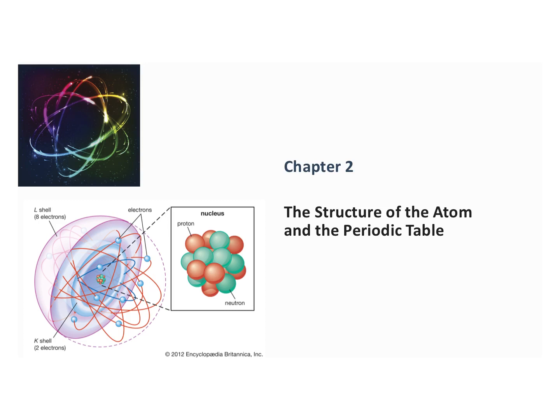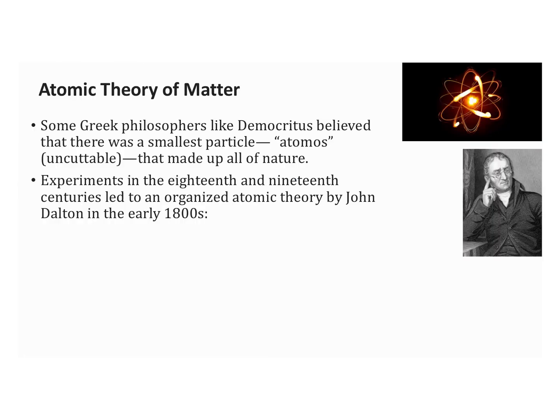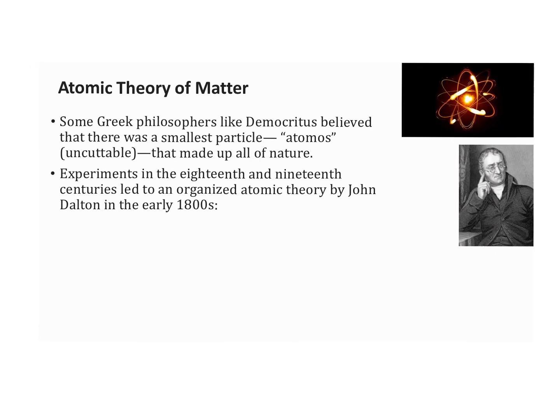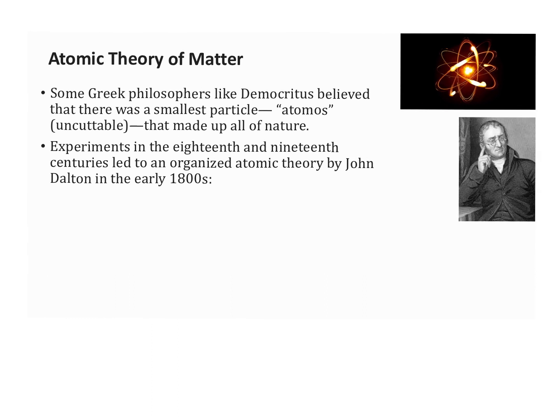So in this chapter, we are going to talk about the structure of the atom and the periodic table. We are going to start by kind of putting on our history hats for a moment and look at how the different components of the atom were determined. It kind of began with Greek philosophers, right? And they believed there was this small particle, which they deemed atomos, which means uncuttable, that made up all of nature. And so there was a series of experiments in the 18th and 19th century that led to an organized